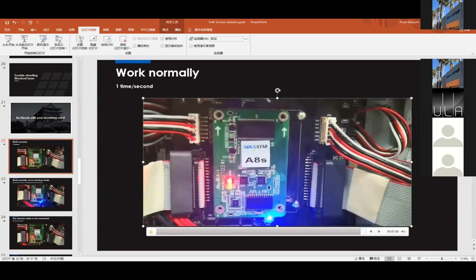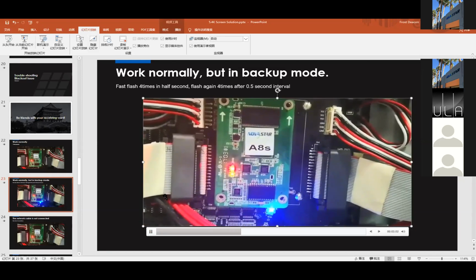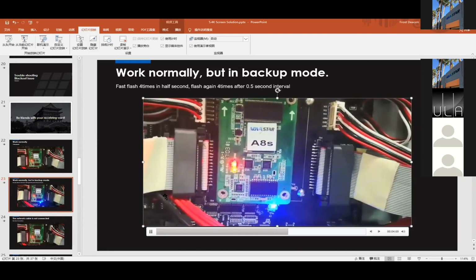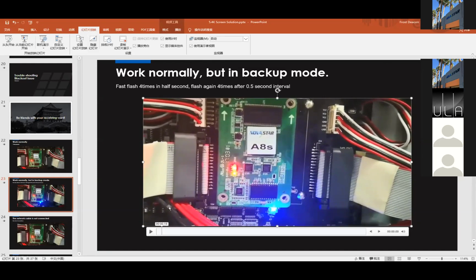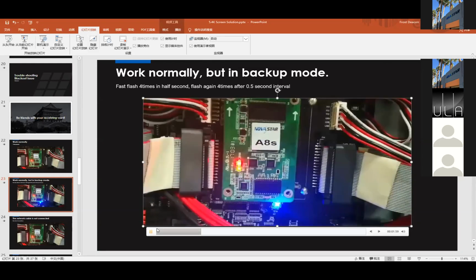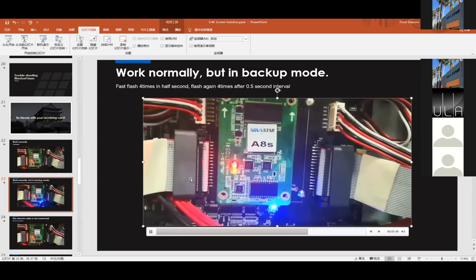Okay, and for the next part, in the backup mode, this is the backup mode.